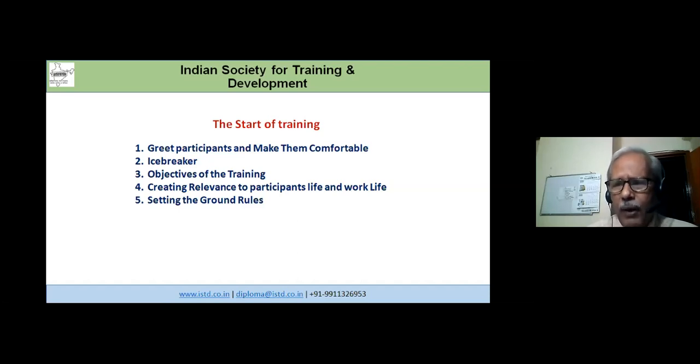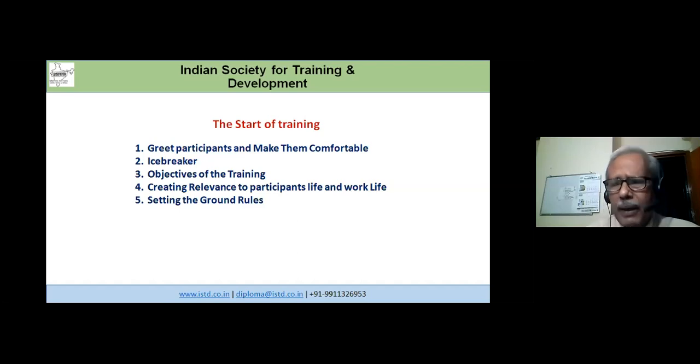The second very important point which creates an impression in the classroom is the icebreaker. Icebreaker is the initial talk by which the participants open up themselves and come to the level of the trainer. But the trainees do not know about the trainer. In most cases, they may not be knowing. So creating that link between the trainer and the trainee has to be done by the icebreaker.